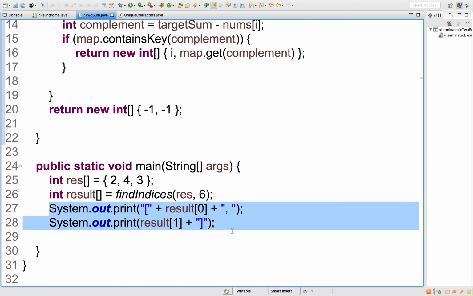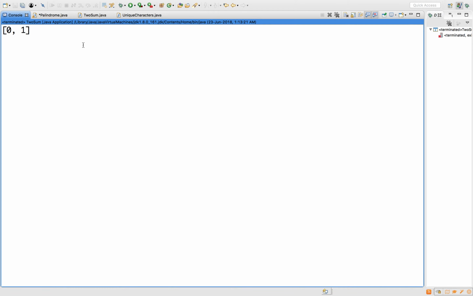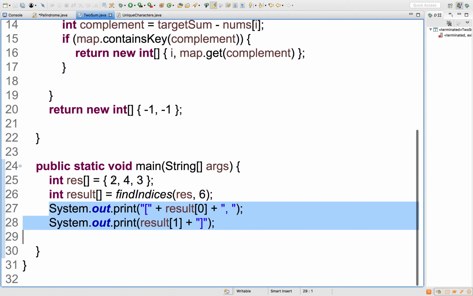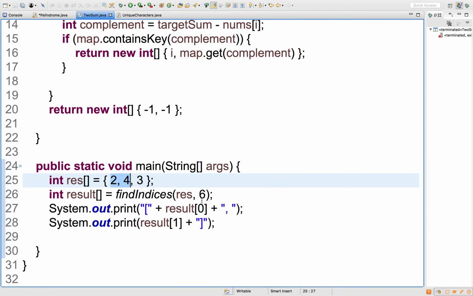So we have these printing statements. Now let's save and run the code. And we get the expected output as 0, 1. So we see here that the sum was 6 and the 2 and 4 are the corresponding values of 0 and 1 indices. So that's why our output is 0, 1.